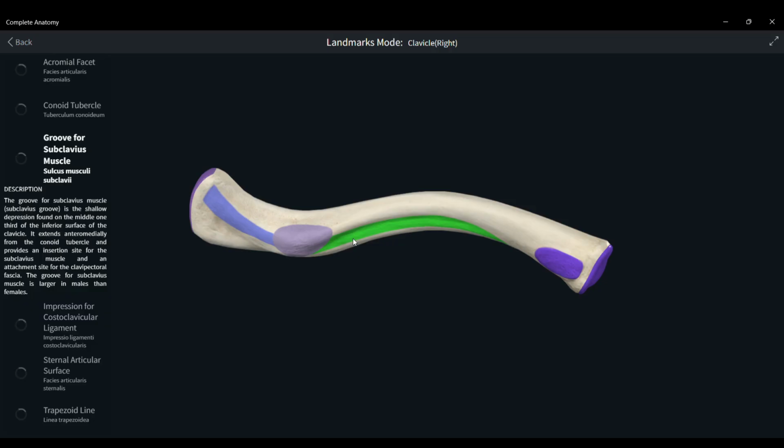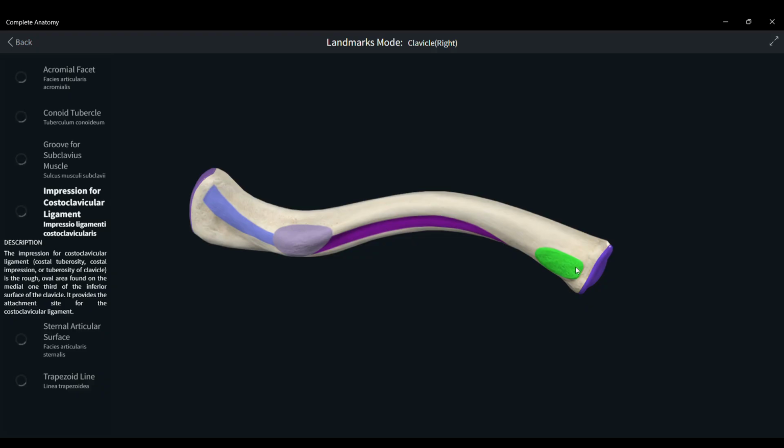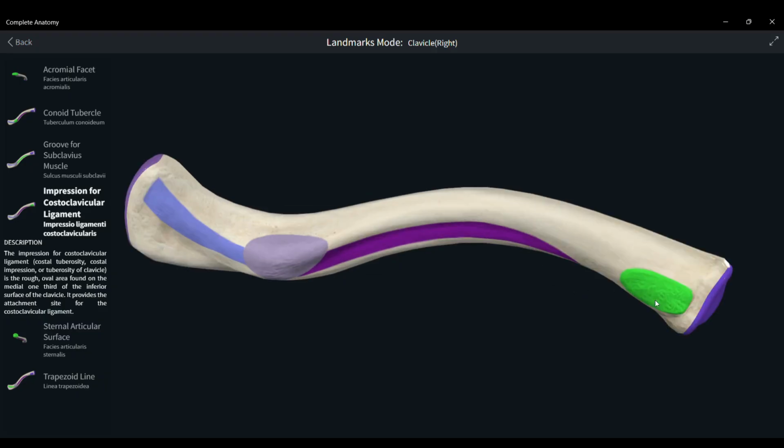In the middle of the inferior surface of the shaft runs a longitudinal groove, the sulcus musculi subclavii, the impression for the origin and insertion of the subclavius muscle. Medially, also on the inferior side, there is a rough, fingertip-sized impression, the impressio ligamenti costoclavicularis. This is where the costoclavicular ligament attaches, anchoring the clavicle securely to the upper part of the thorax at the